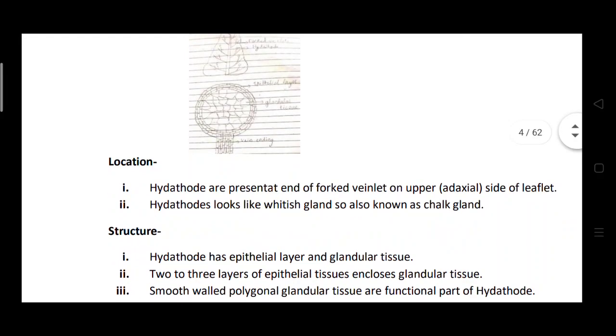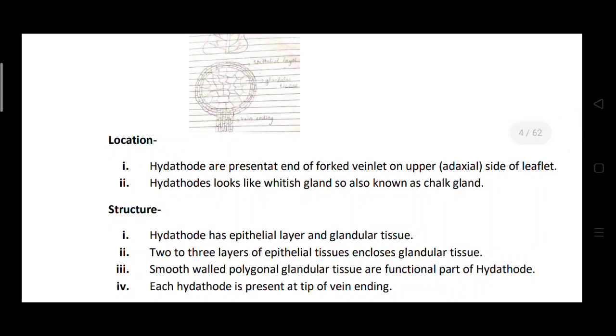The structure of these hydathodes is mainly composed of epithelial cells and glandular tissues. So, in the hydathode, there are 2 to 3 layers of epithelial tissue, and they enclose the glandular tissue. You have to see this figure. So the outer 2 to 3 layers are the epithelial tissues or epithelial layers, and the epithelial layers enclose the glandular tissues. So these